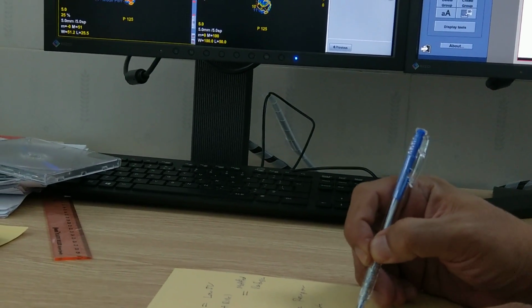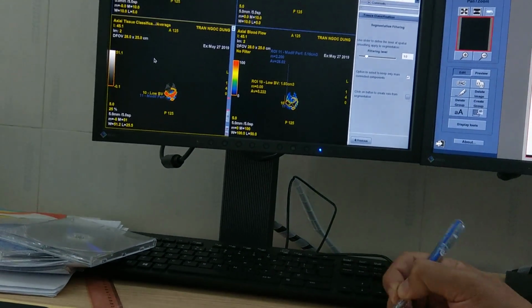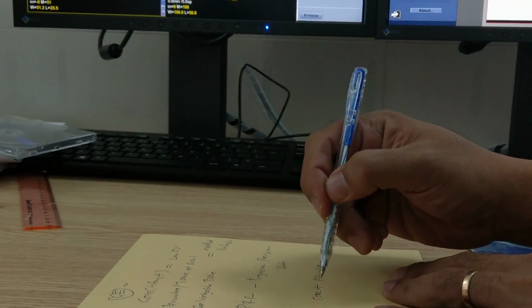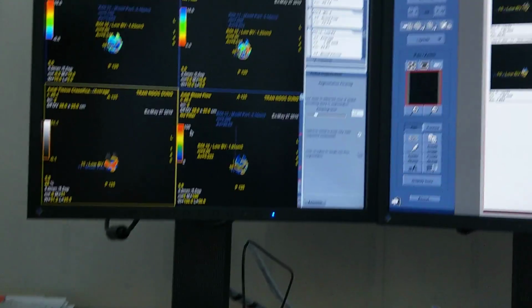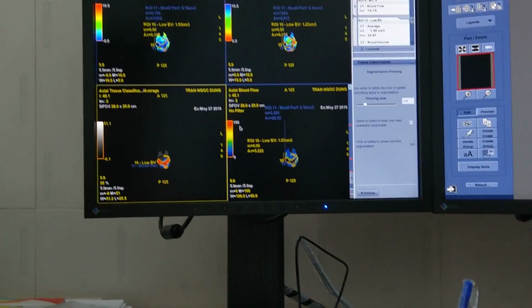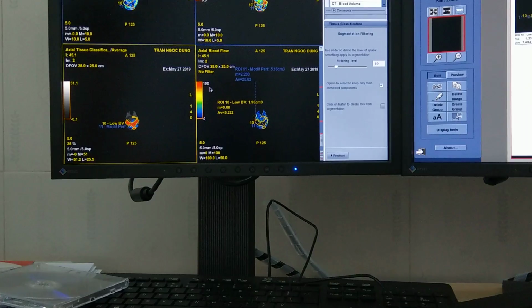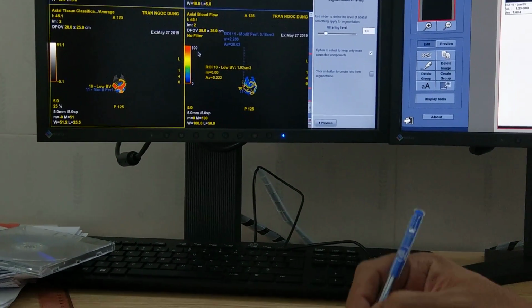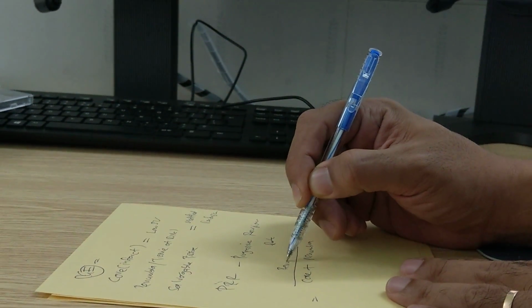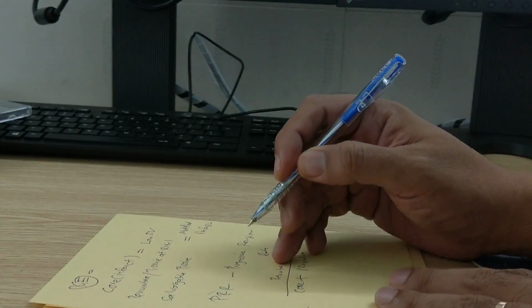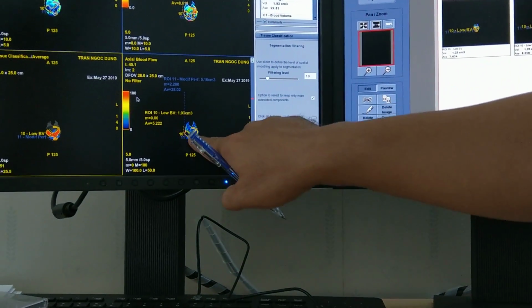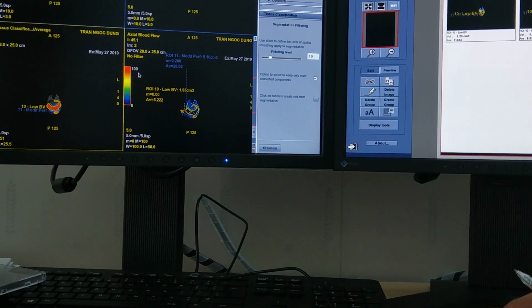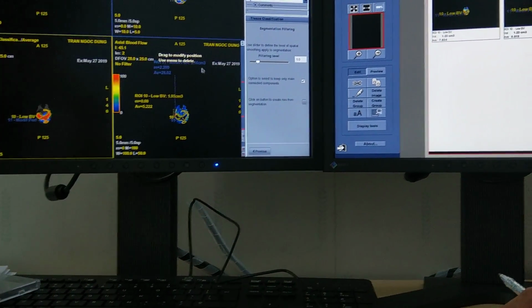plus penumbra, the whole, means the whole area, core plus penumbra. Okay, the whole area, and then percent divide penumbra. Okay, so like this, penumbra is modified. Okay, sorry,